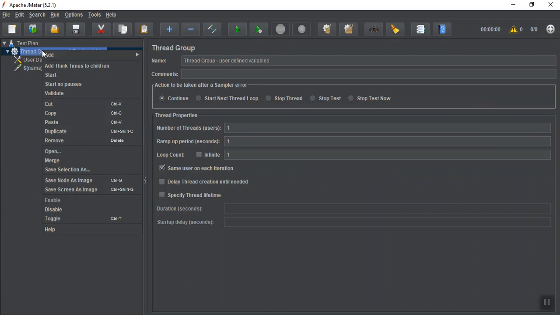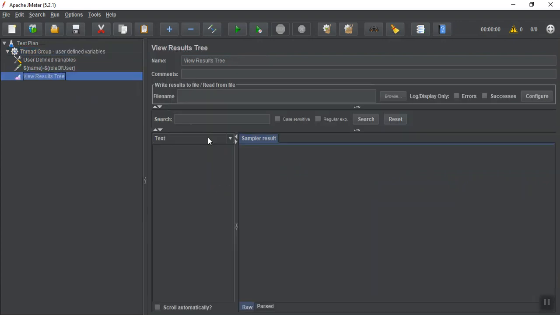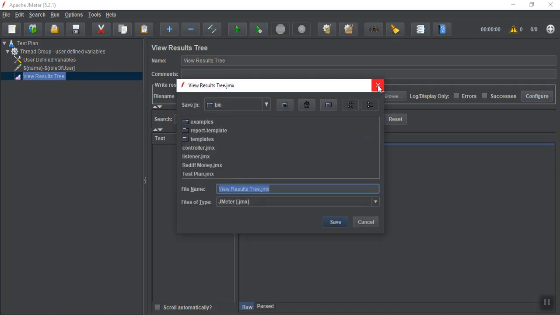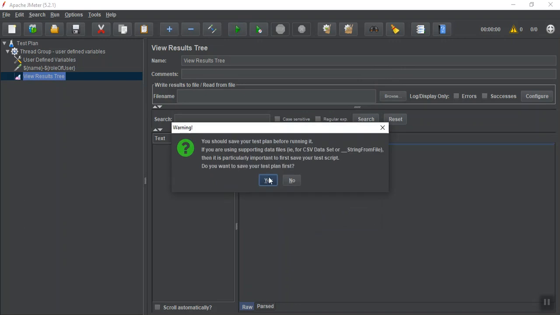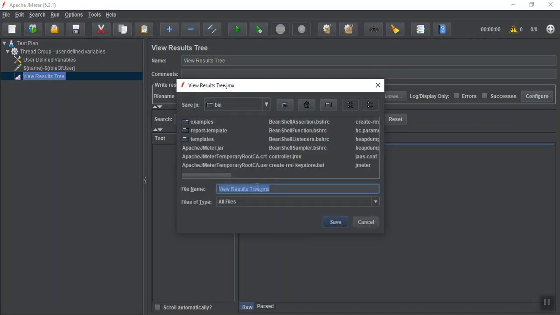Now to see the result, I am adding a listener, view results tree. Now let me run it. It is asking to save, so let's save it as variables. Now run it.